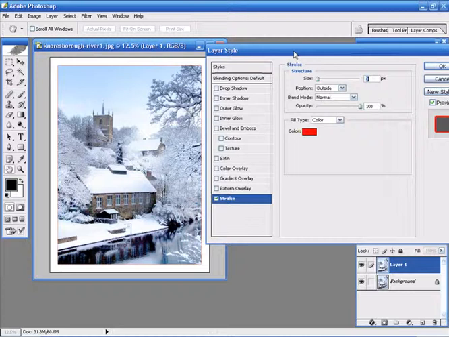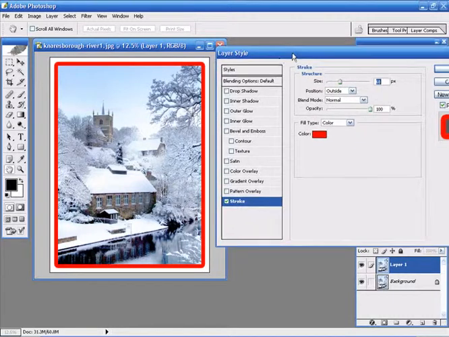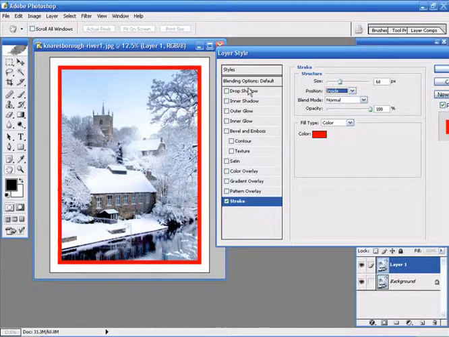By default it's usually red in Photoshop, and as I extend this out you will see that this actually has a curve to it, which I don't want. I think that doesn't suit at all. In fact, the line won't be that sort of a thickness anyway, but I want to go to change it from outside in position to inside, so it's inside the image and it stays as a sharp corner. I'm going to bring that down to about maybe 10